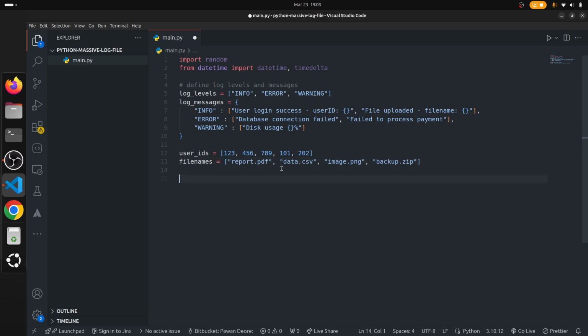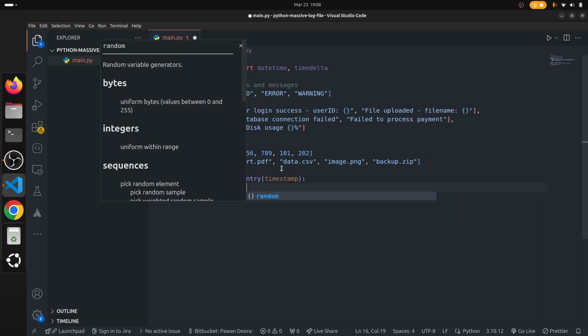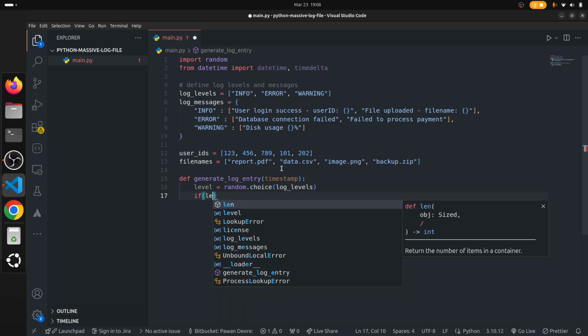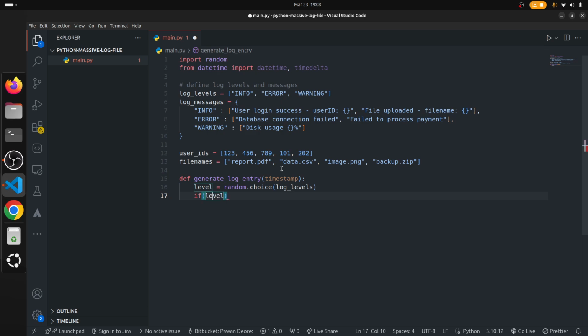Okay, then let's define a function to generate the random log entry. So we will define the function generate_log_entry with timestamp, and we will first get the level. So it can be random choice of log levels. Then if level is, wait, I got confused between Python and JavaScript. Okay, if the level is info,